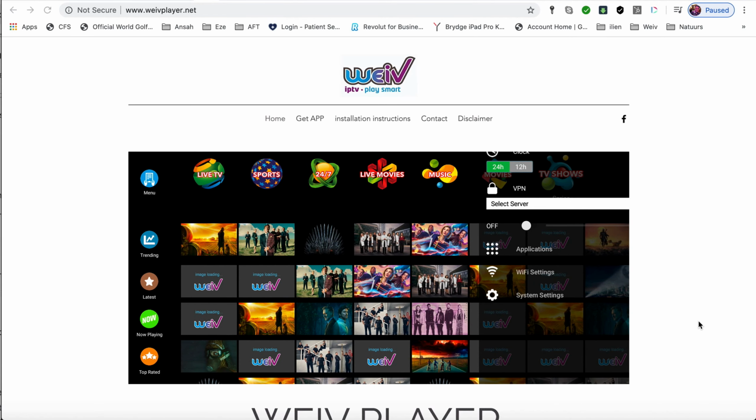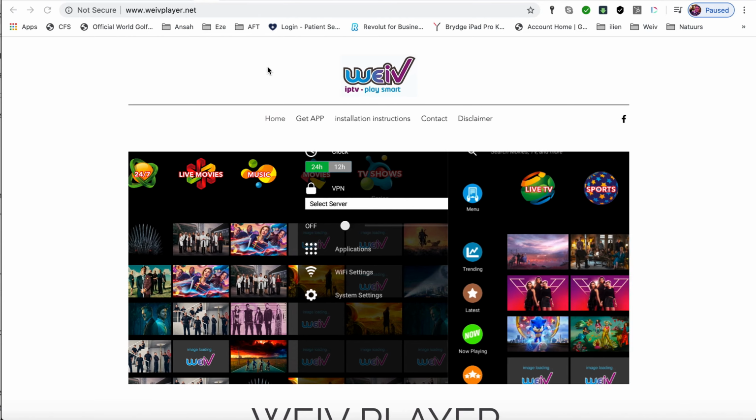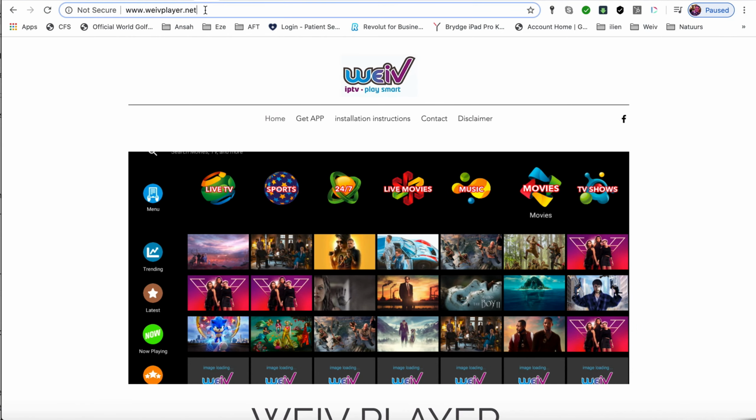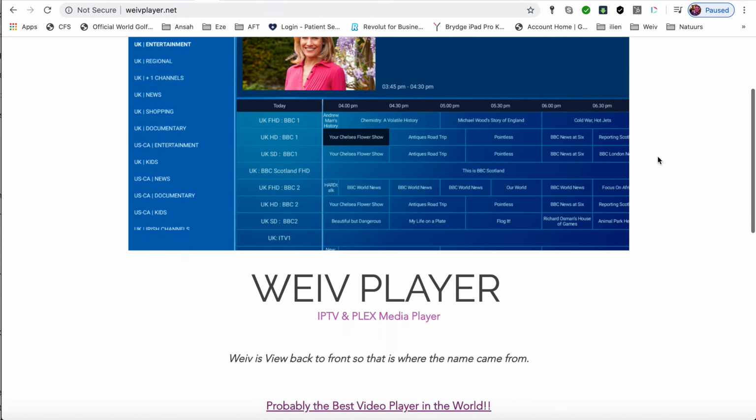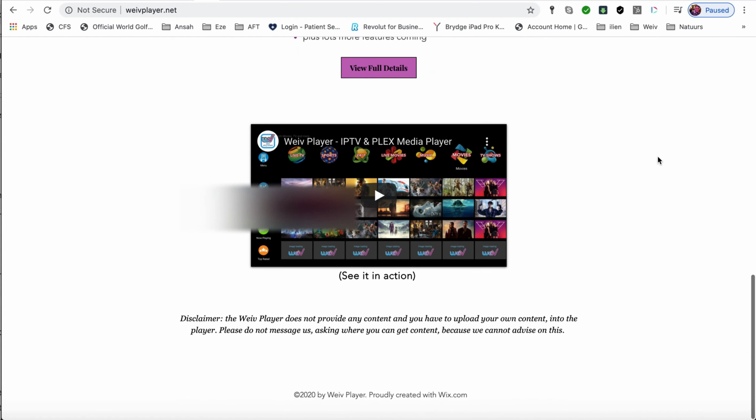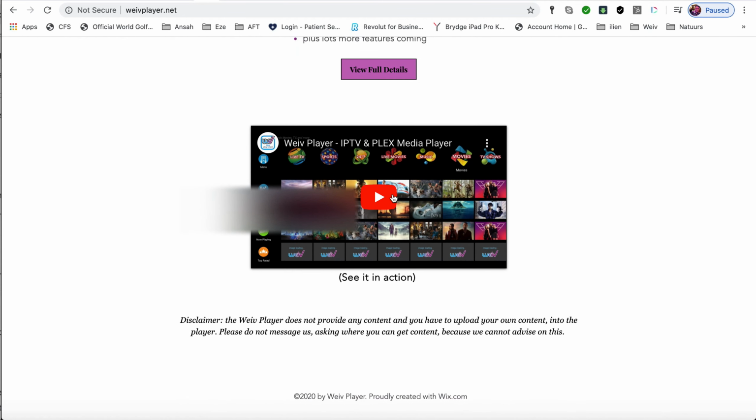Now, if you haven't already seen the app in action, go to weivplayer.net. There's a little website there with some information, and if you scroll down you'll see a little video. If you click on that, it'll show you everything about the app, how to set it up, how it works, and all the features. So if you want to check that out first. But just to show you what you'll actually receive if you have your own unique Weiv code for your customers,